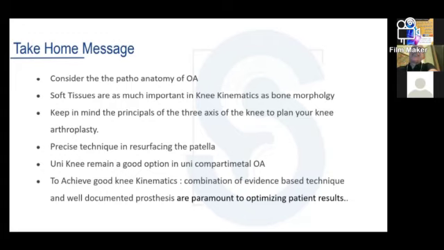Yeah. Any other questions, Dr. Ahmed? Any other question? In genu valgum knee, what are the special considerations? This is a very interesting question, because